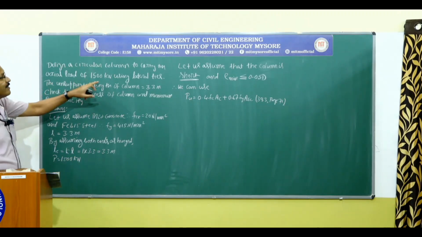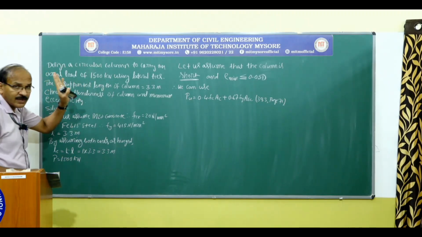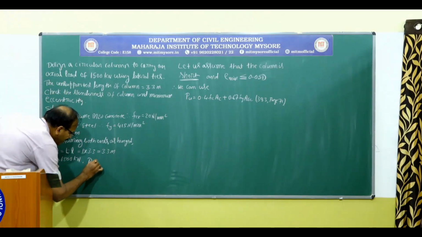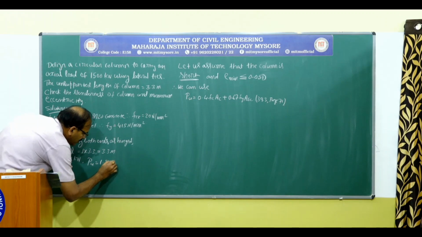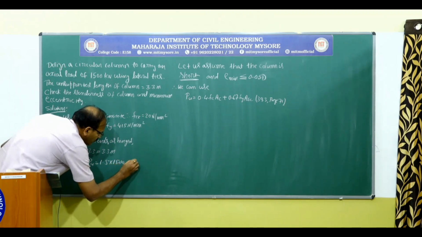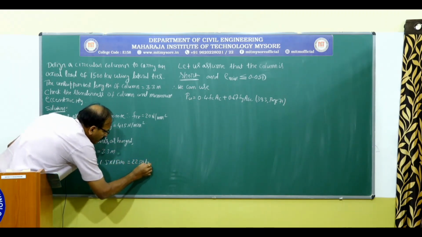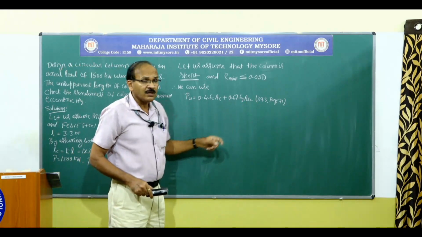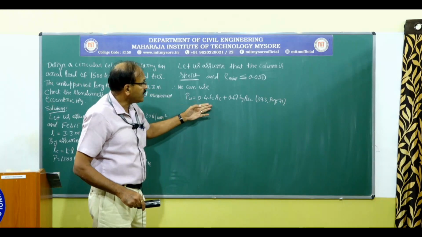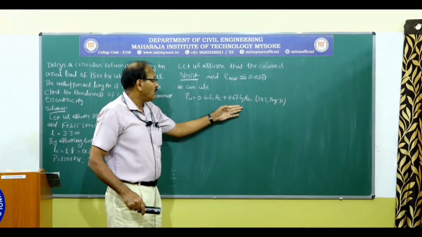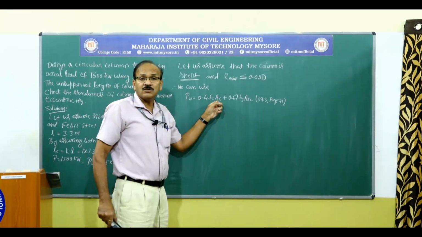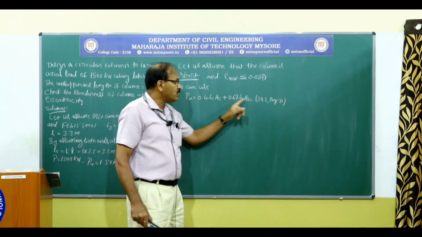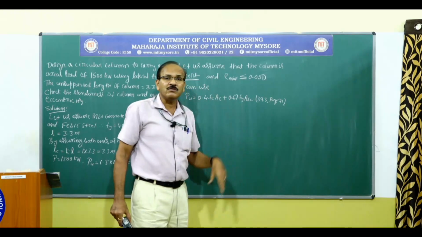Okay, that is the actual load. So the design load, or the factored load, or the ultimate load Pu is given by 1.5 times 1500, that is equal to 2250 kilonewton. Okay, so coming back to this equation, Pu is known, fc is known, fy is known. Ac is not known and Asc is not known, but we have only one equation. So using one equation we cannot solve for two unknowns.